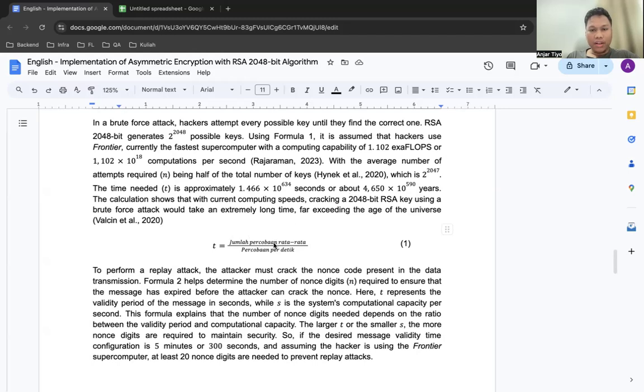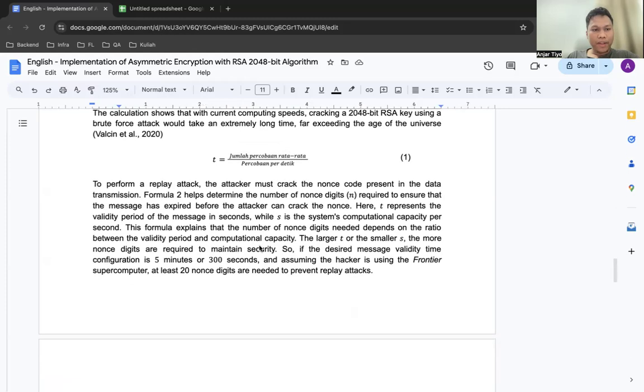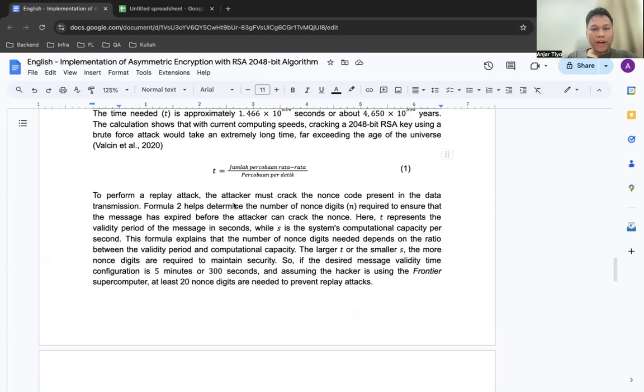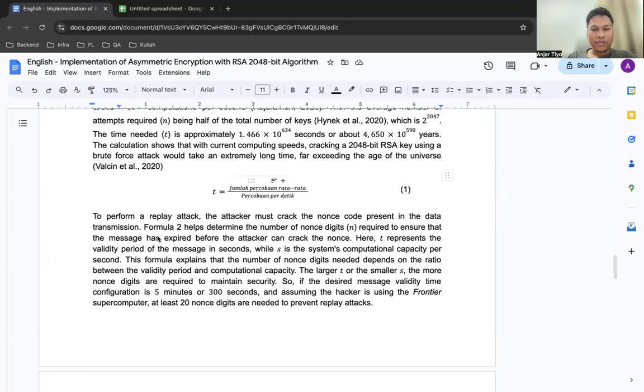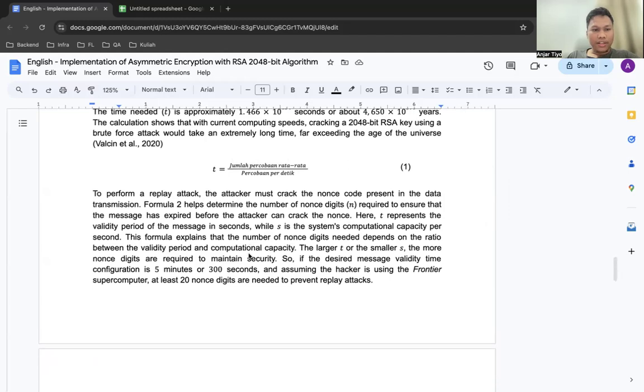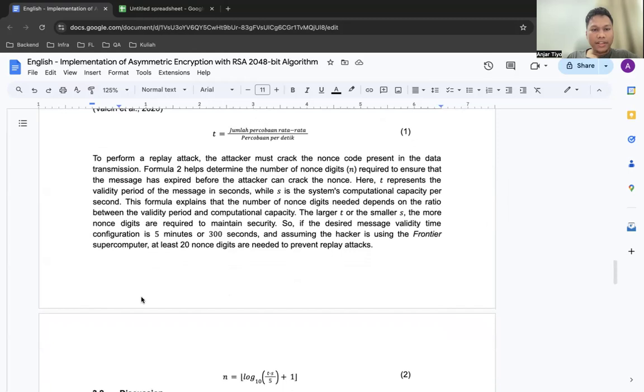It is about 4.650 times 10 to the power of 590 years, which far exceeds the age of the universe, which is less than that many years. Then for replay attacks, the attacker must decrypt the nonce present in the